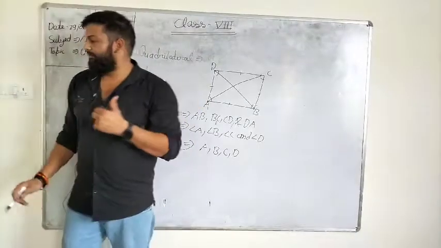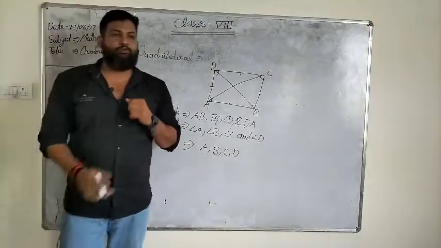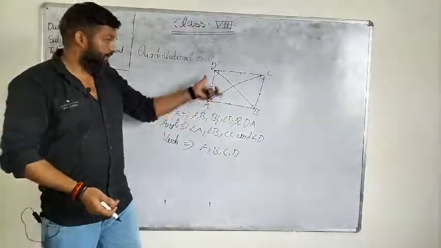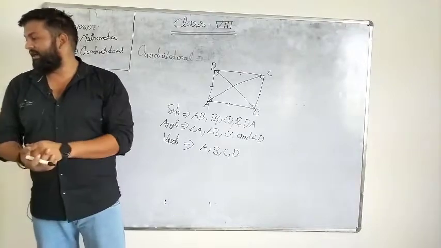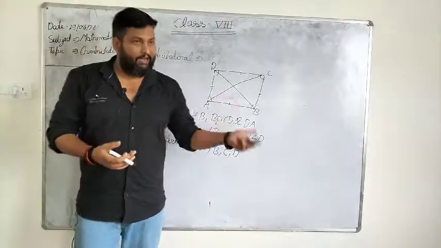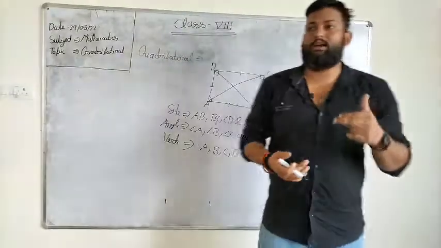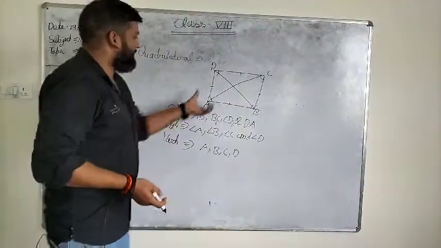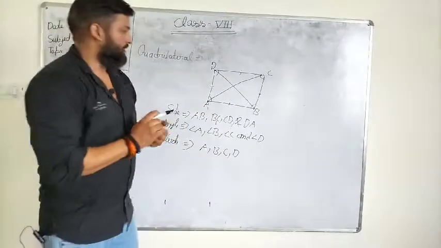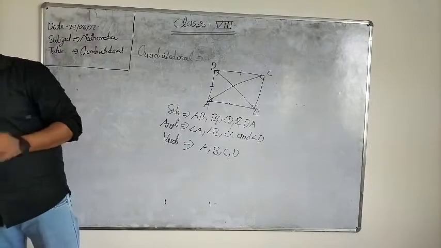There are some more important topics in the quadrilateral. What is the adjacent side of a quadrilateral? There are adjacent sides, and next is the opposite side of the quadrilateral, adjacent angle of the quadrilateral, and opposite angle of the quadrilateral. These are the most important topics. So just by the figure, try to understand what is the adjacent side.